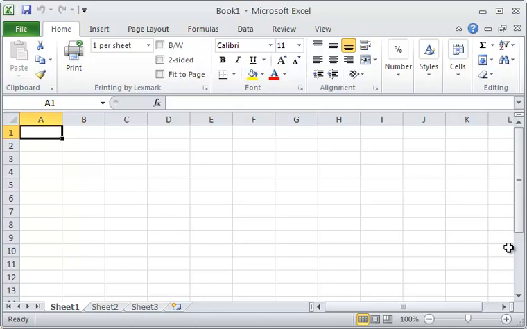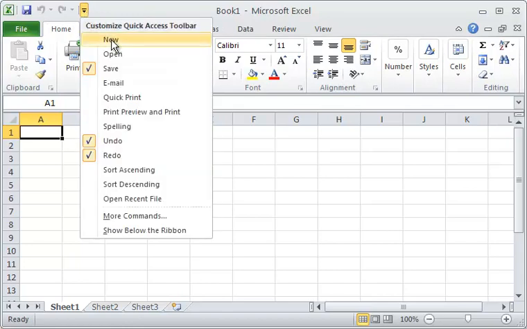So let's go back to the beginning of the chapter, and I'm on page 5. There's a picture of the worksheet, but I'm also going to refer to it on the screen that you see before you. If you look in the upper left-hand corner, there's a quick access toolbar that allows you to add features that you use frequently. We'll learn how to do that throughout some of the chapters. Right now, probably the default buttons that you have on the quick access toolbar are your save, the undo, and the redo buttons. But using this customize quick access toolbar drop-down arrow, you can add additional buttons to that quick access toolbar